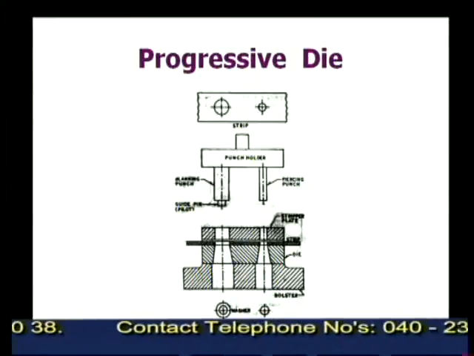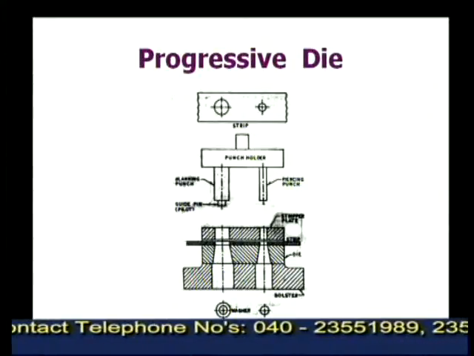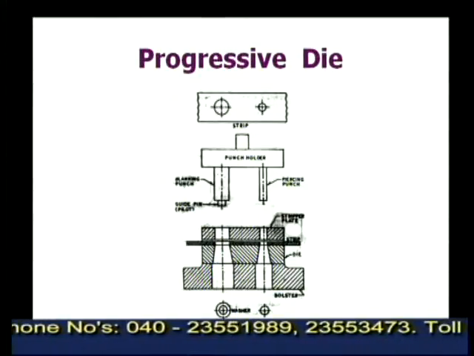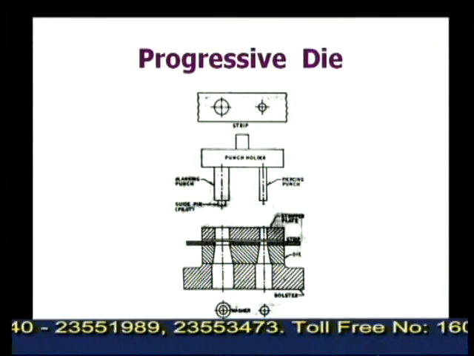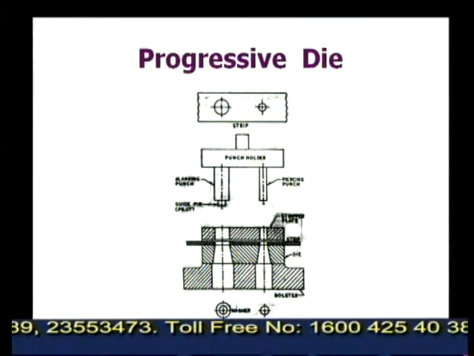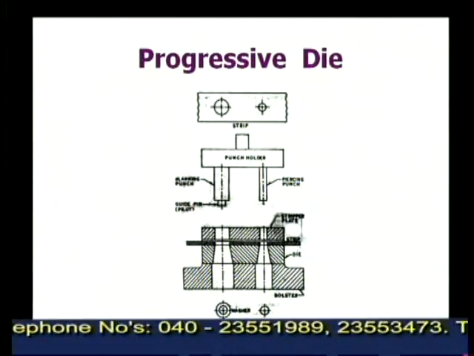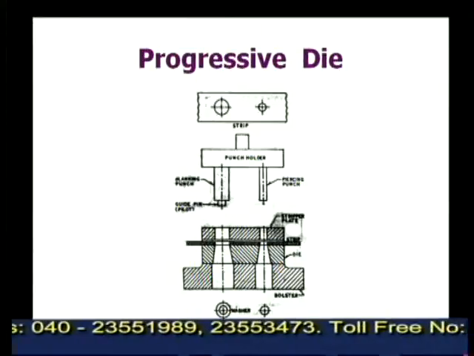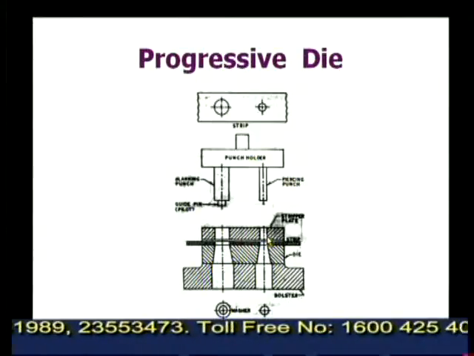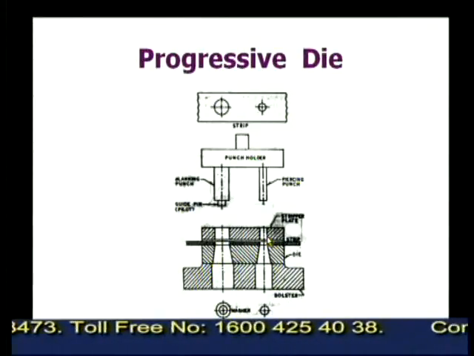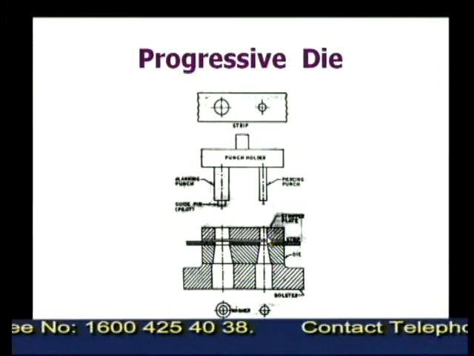Next one is progressive die. The progressive die is specially used to cut or perform two operations on the stock. The name itself indicates it is progressive. That means the two operations are conducted on the same material progressively,